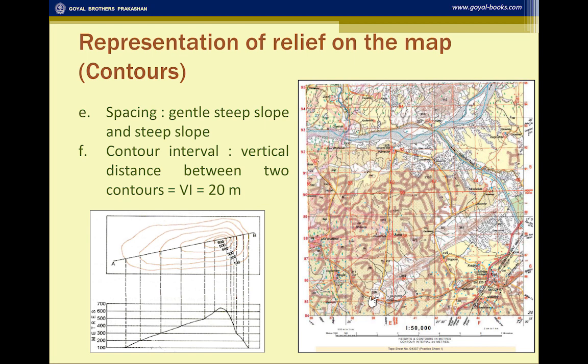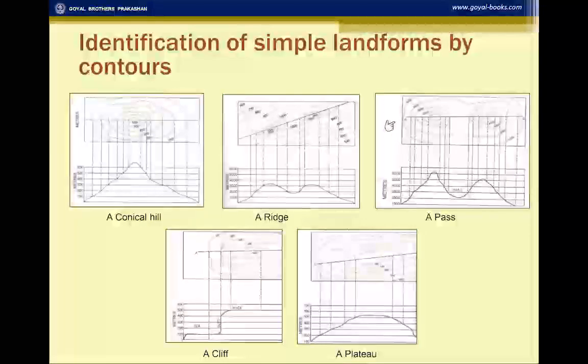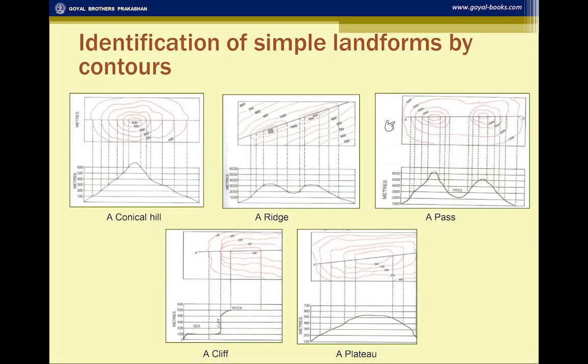Now that is why it is called a water divide or a ridge or a watershed, because it is dividing two drainage systems. There is a pass between the two hills which is shown by the gap. This particular gap, when it is too much, it is called a pass. When it is less, it is called a col, and when it is even less, it is called a saddle. In the textbook, you will find this in detail.